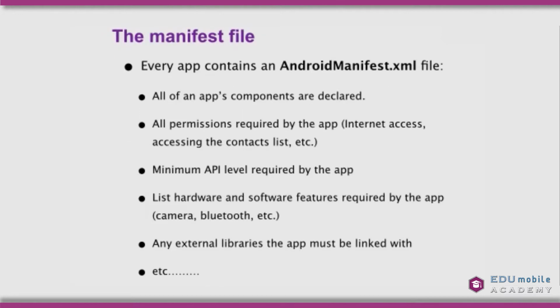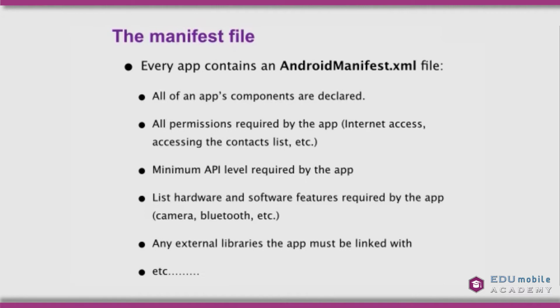We have something called a manifest file. Every Android app contains an AndroidManifest.xml file. This is a file where a lot of things are going to be declared. First of all, we have to declare every component within our app. All of the providers, all of the services, the receivers, the activities, all of those have to be declared within